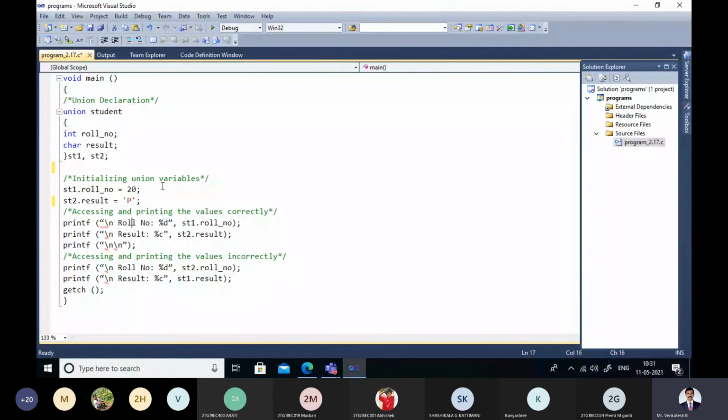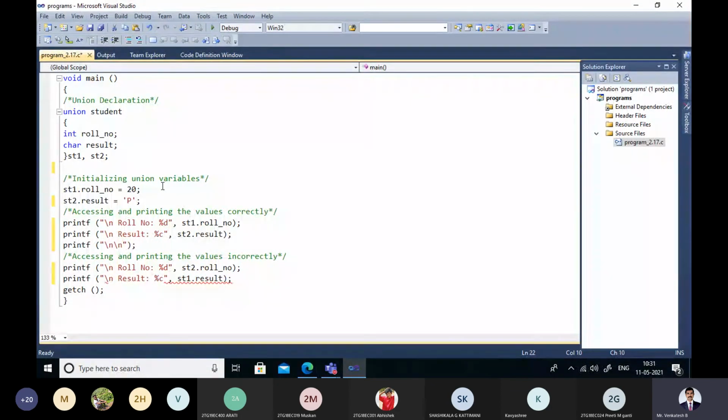We are just trying to access the members of the union, because in union we know that only one member will be active. Just trying to demonstrate whatever I explained just now. So these first two are correct and the second are wrong. That means here we'll get wrong results or garbage values.